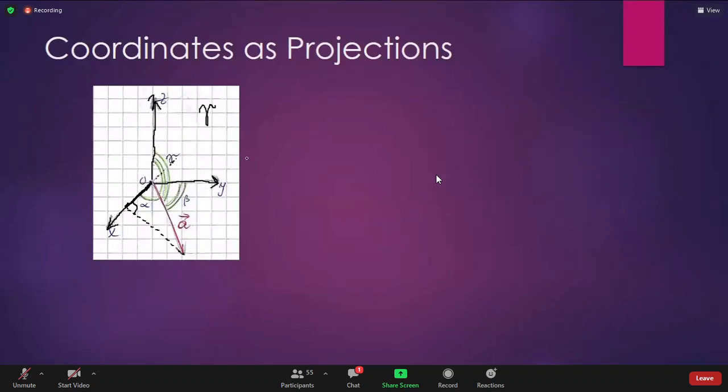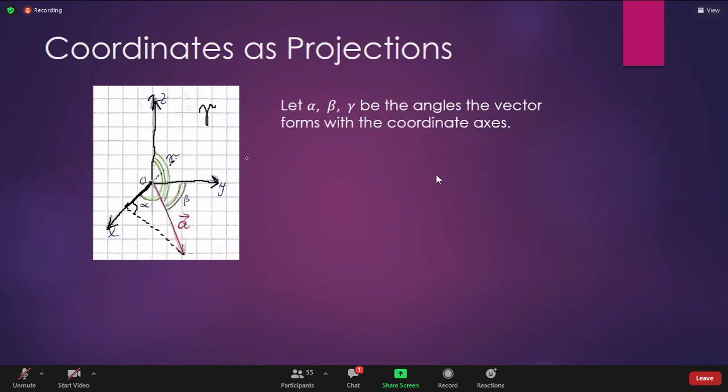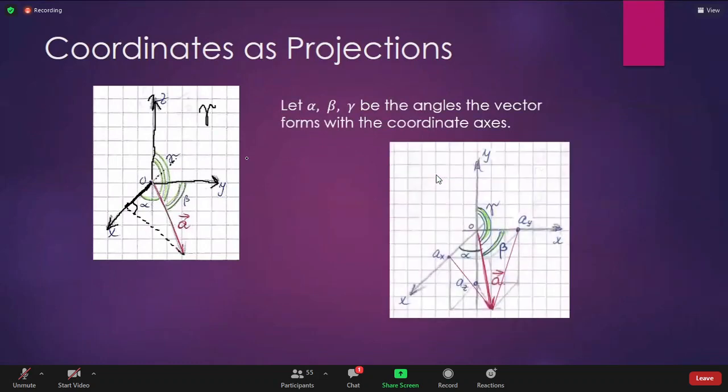Here we have the same picture, only all three projections have been drawn. It's a little more difficult to see the projection towards the z-axis. This one. So we are projecting, and this number would be the projection. It's negative because you see the angle between the y,